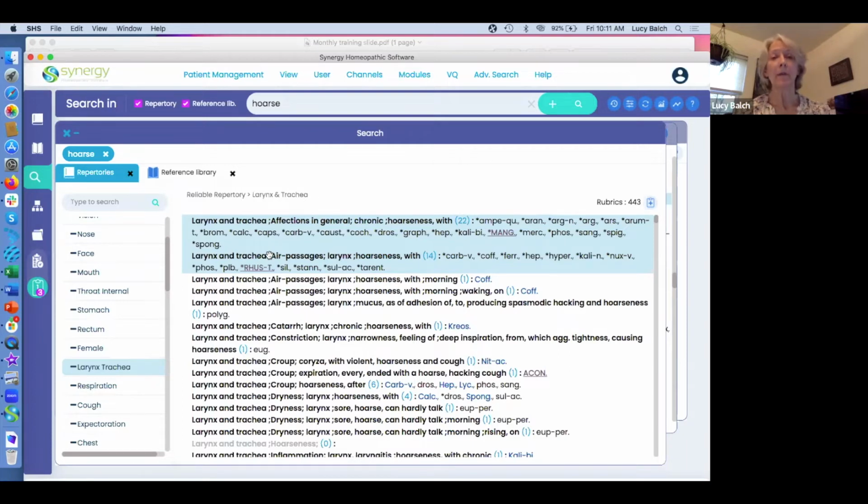Okay, so let's say another one of her symptoms is that she is very thirsty for cold water. I could go back to the repertories and find it that way. But while I'm in global search, I love global search. It's one of the best features of SHS in my mind, because it allows you to search every single book. And so what I'm going to do now is just put in the global search window,